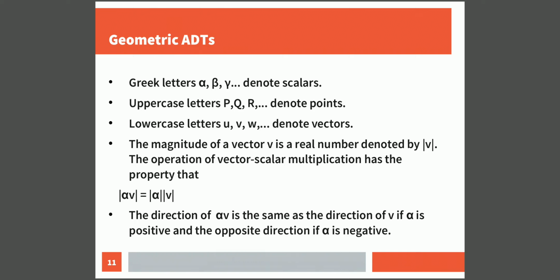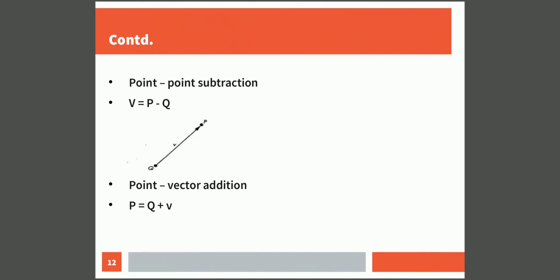That is what this equation represents. Then, as I said, affine space supports one more operation, that is point-to-point subtraction. To understand that, here we have considered 2 points, one is P, the other one is Q. So whenever we subtract P and Q, that means when we consider the difference between P and Q, we are going to get the result as a vector, that is V.